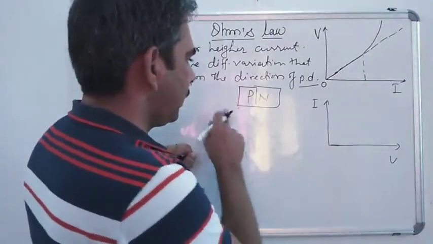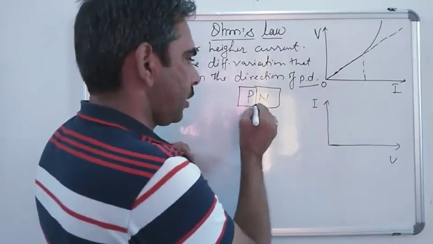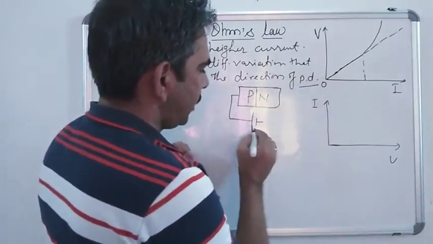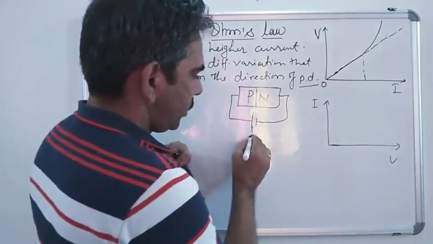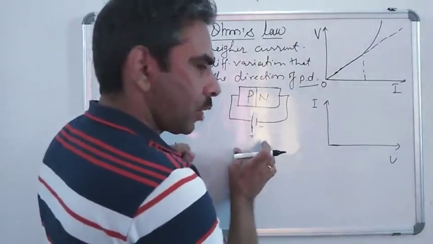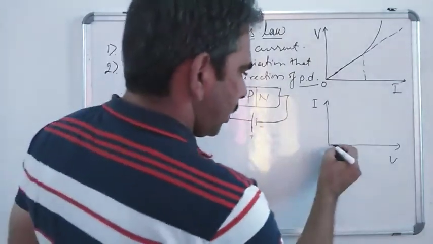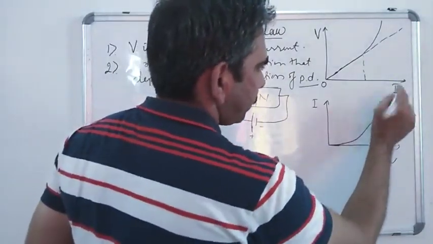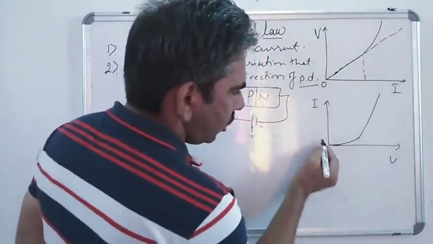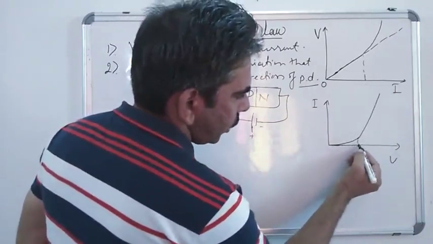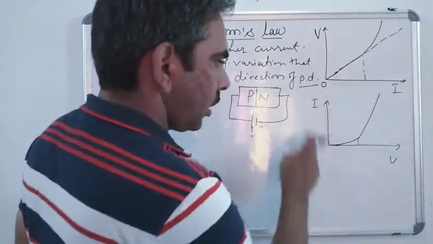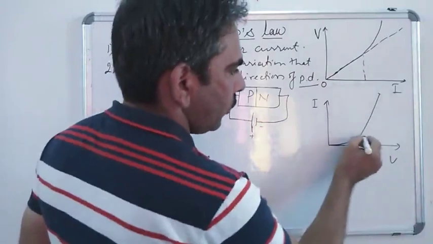So this is a PN junction diode. It is made up of two kinds of semiconductor, P type semiconductor and N type semiconductor. Whenever you connect the battery in such a way that the positive terminal is connected to the P region and the negative terminal is connected to the N region, we say that the potential applied is positive. Then the current varies in this way. There is a very small increase in current for this much value of potential, but after that there is a quite sharp increase in the current with respect to the potential, and Ohm's law is valid only up to this length.